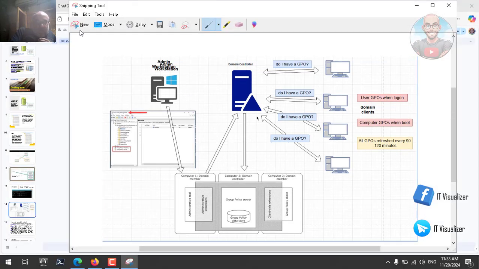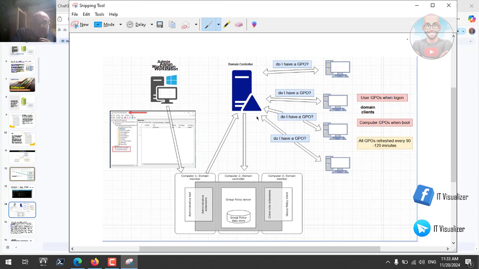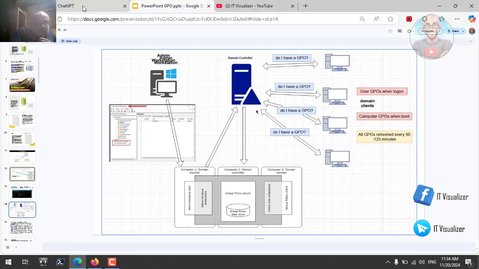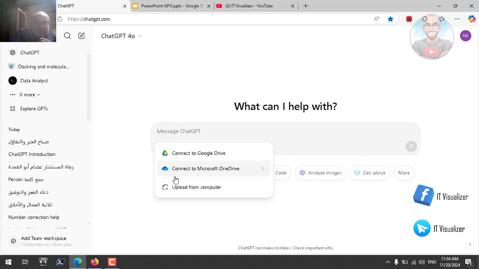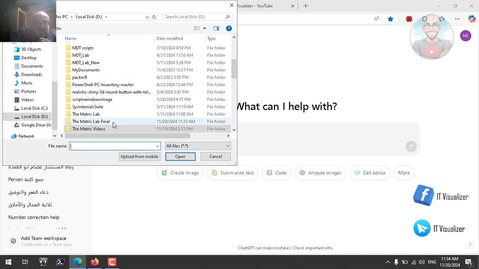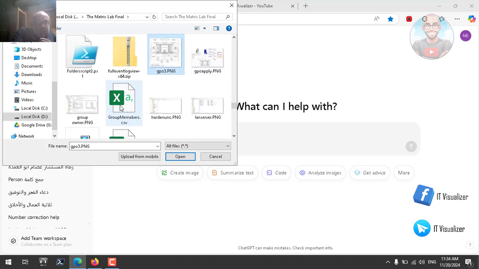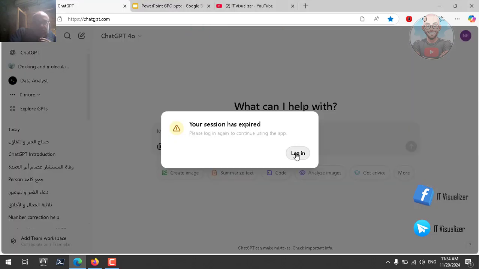Okay, and then we will save it, save as GPO apply, and then ask the AI tools to explain the whole concept. Here we go, we will go there, not to the matrix videos, we will go to the final and go to the GPO. Okay, GPO apply, here you go, and then we will tell him